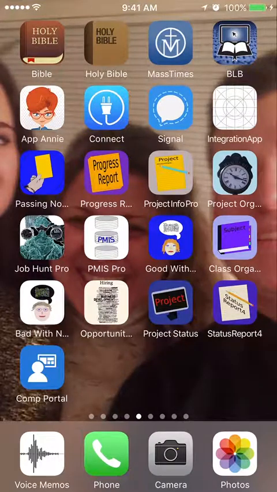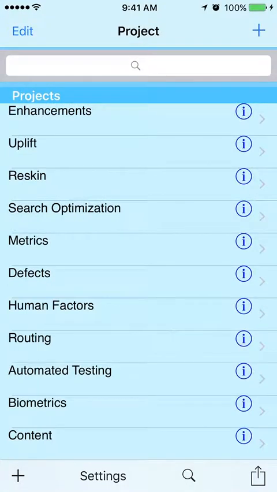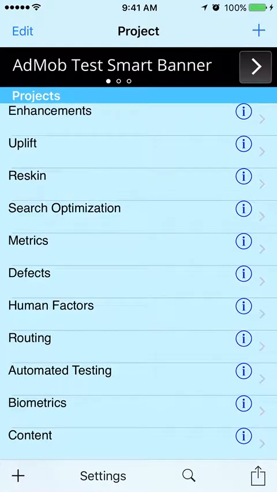The Progress Report app can be used to organize your information regarding your progress on your projects. You create projects by touching the plus key in the upper right or the lower left corner of the view,